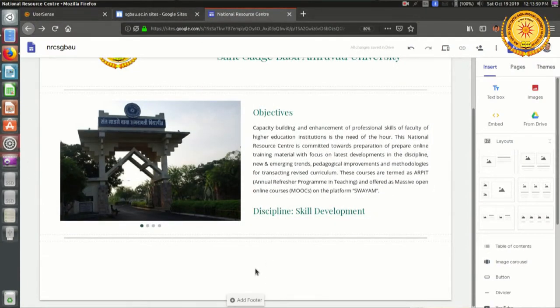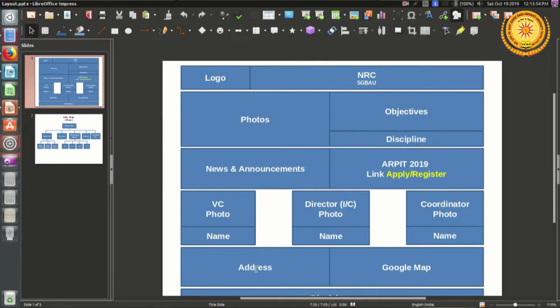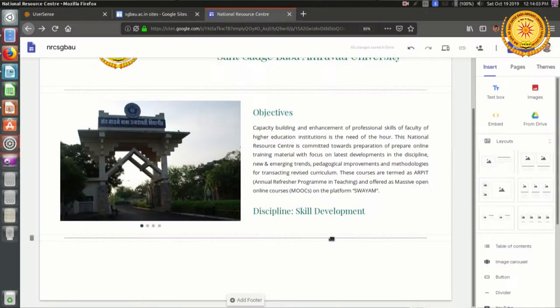Now let us see which object is placed below the photos in my layout. Okay, so here the news and announcements have to be displayed. Since they are textual information, I have to again add a text box.